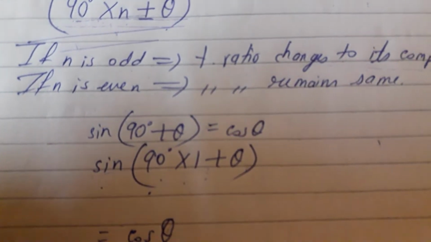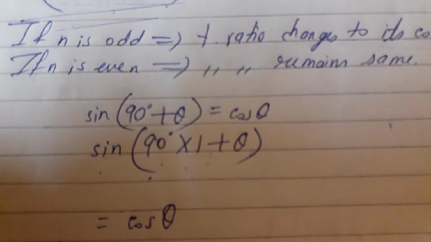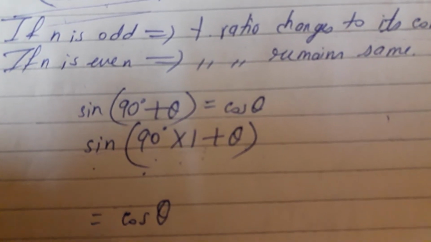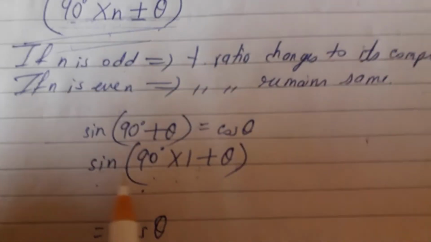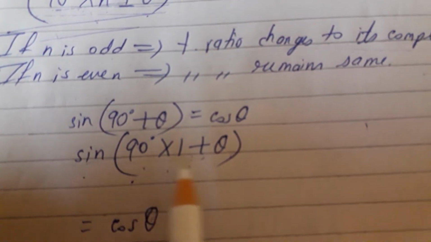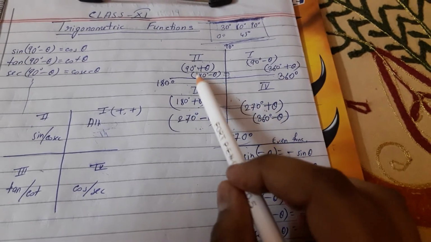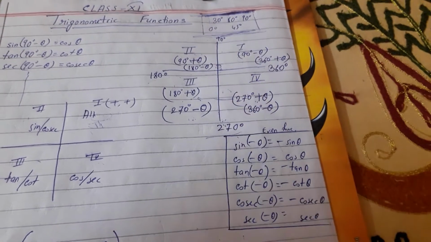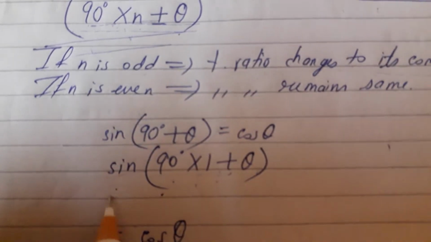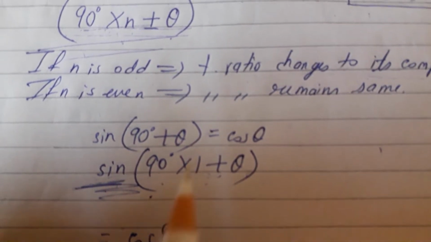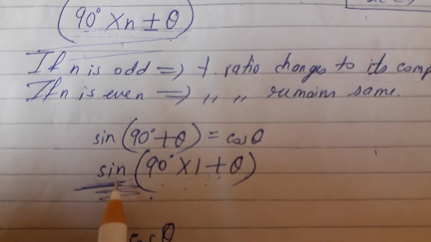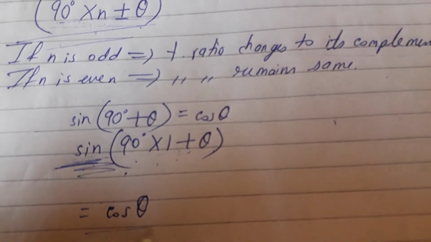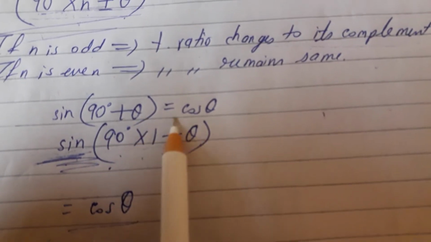Now you see, after writing this, you have to determine the sign, that is whether it will be positive or negative, and for that reason you see the angle is falling 90 degree into 1 plus theta. The angle is falling in this second quadrant, and the second quadrant is of which function? Sine function. You have to always see the mother function, okay. Mother function is very important. The mother function given is sine, and the second quadrant also consists of sine function, so this will be positive, that is sine 90 plus theta will be cos theta.